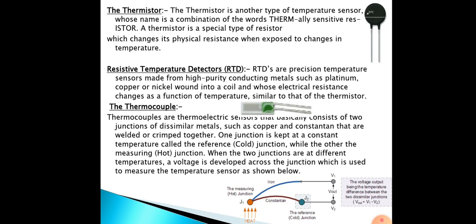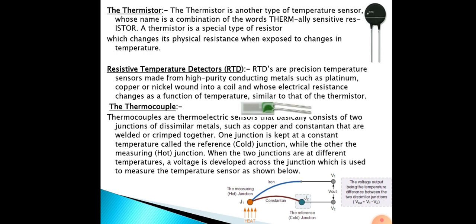The next one is the thermocouple. This thermocouple is by far the most commonly used of all types of temperature sensors. Thermocouples are popular due to their simplicity and ease of use. Thermocouples are thermoelectric sensors basically consisting of two junctions of dissimilar metals such as copper and constantan welded or crimped together. One junction is kept at a constant temperature, called the reference cold junction, while the other is the measuring junction, the hot junction. When the two junctions are at different temperatures, a voltage is